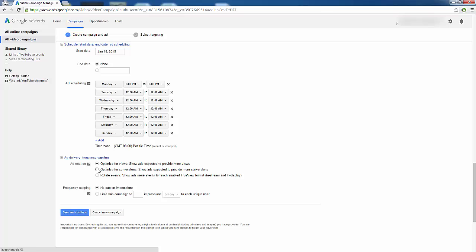We can have YouTube automatically show our ads as long as it's getting us views. So they're optimizing our ad to get us as many views as possible, or we can choose for them to optimize our ad to get as many conversions as possible. So they're only going to show the ad if it's more likely that that visitor is going to click it and become a conversion for us, or we can have them rotate it evenly. I like to optimize mine for views